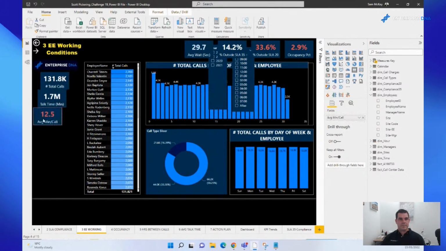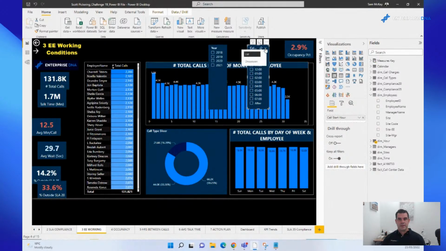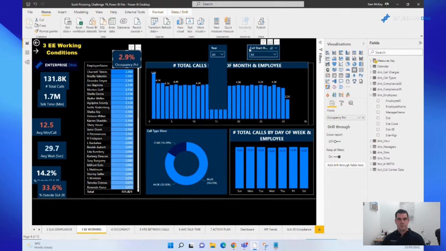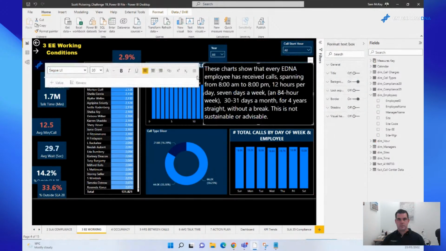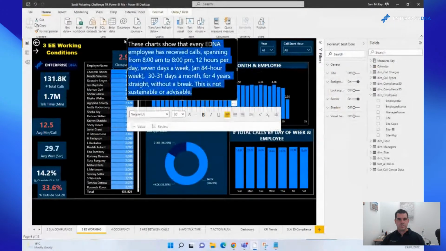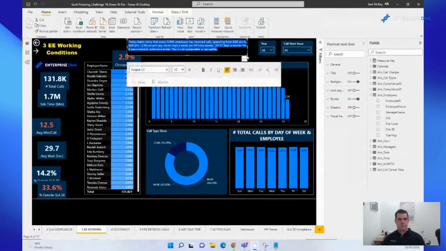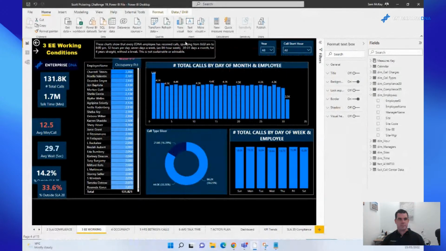Because again, we want to try and get things into grids. And we don't want to give too much real estate to slicer selections in a lot of cases. Like these can be made into drop downs, and take up a lot less room. And then we've got some text here as well. Maybe this could be some text that we make a lot smaller, right? Make it a lot smaller. So I'm just giving you some examples, and we could maybe put this alongside a big bold title.